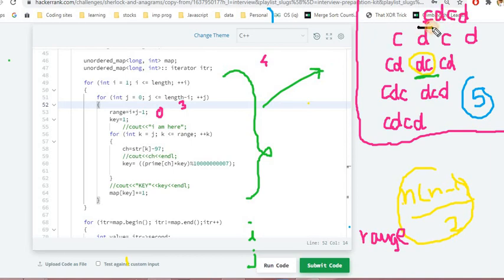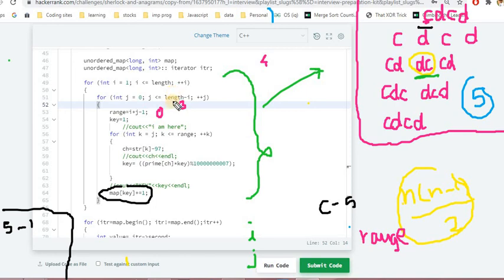So this will be C, and for C we'll check what the value is in our prime array. The values for prime would be 2, 3, 5. So C would have value 5 in our prime array. So what we'll do is we'll mod it by 10^9 + 7, so we'll get the key, and after that we'll initialize this particular value into our map. So the map will, as of now, be something like 5 is present one time. After that j would be incremented to 1.